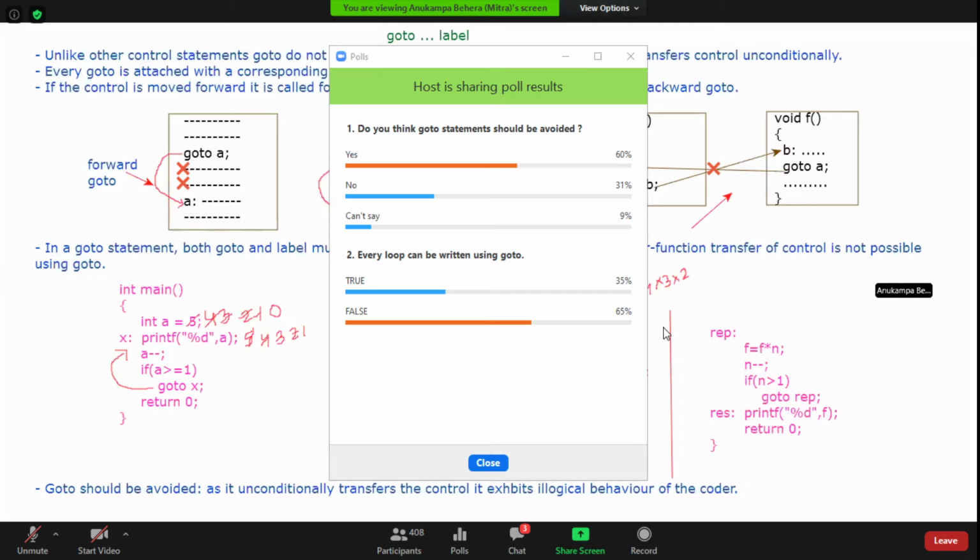Why have you written no? You can take a screenshot of it. We'll move on to the next one, that is switch case.